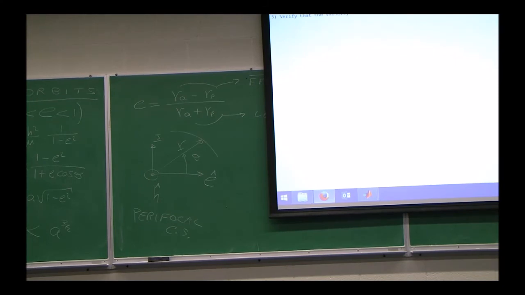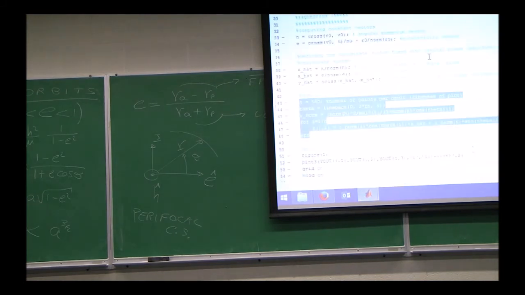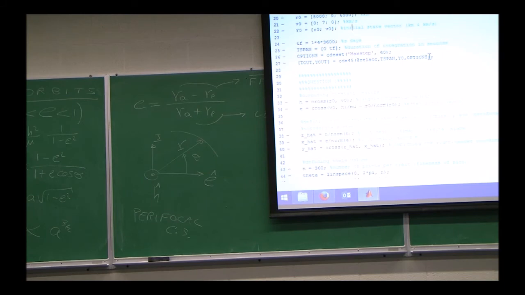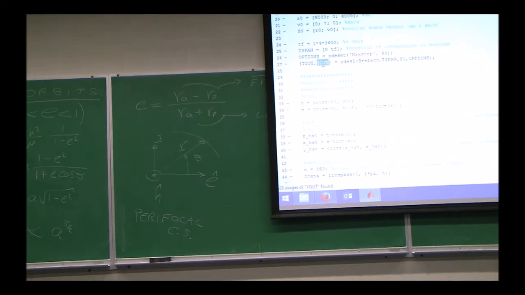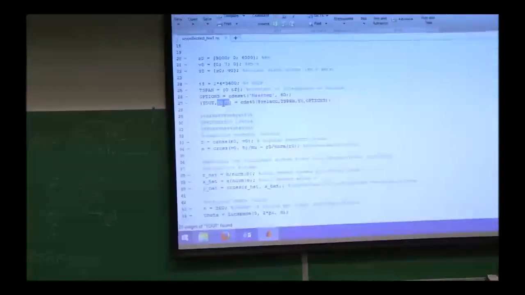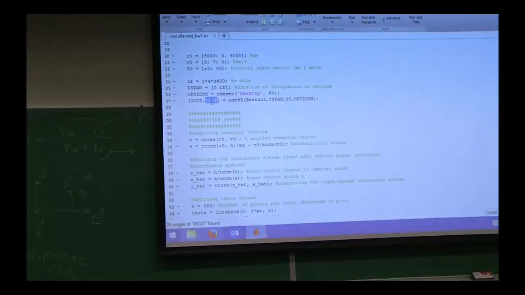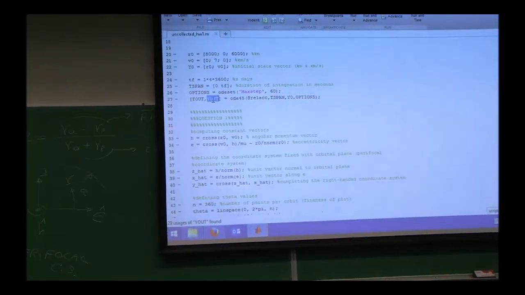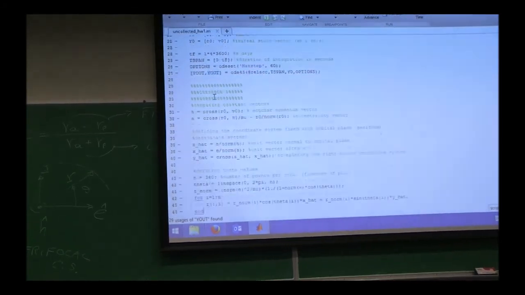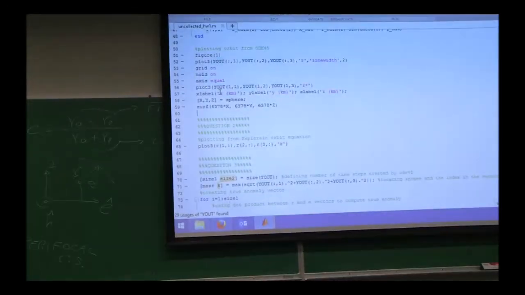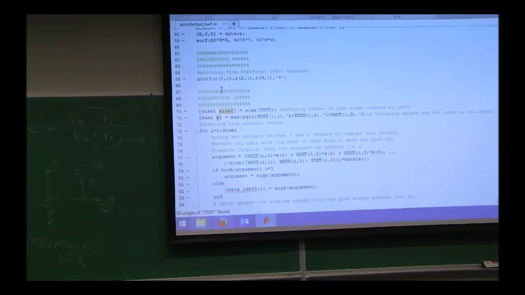You just plot them. Compute now the true anomalies corresponding to each time step created by ODE 45. So ODE 45 has created this y out vector right here, right? It's actually a matrix, but every time step has 6 values: x, y, z position, and velocities, right? How do you extract the true anomaly for each time step? Well,